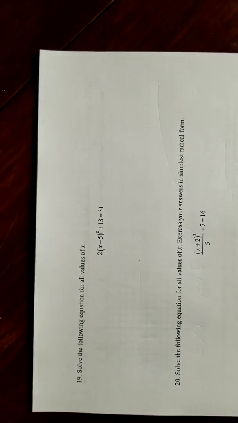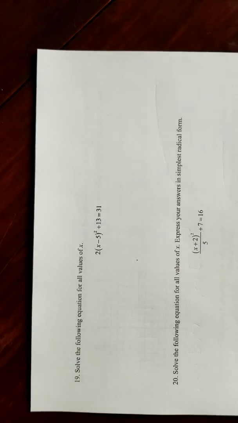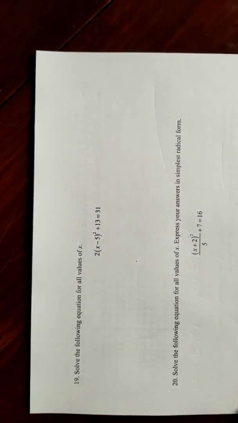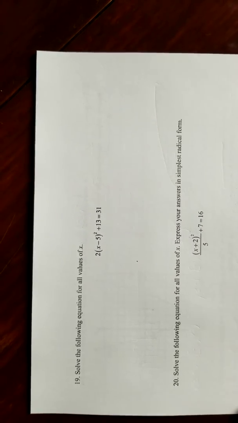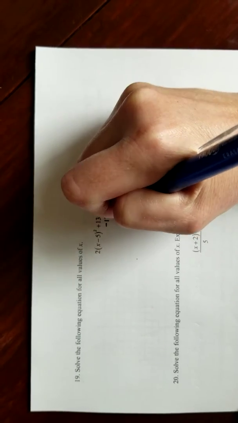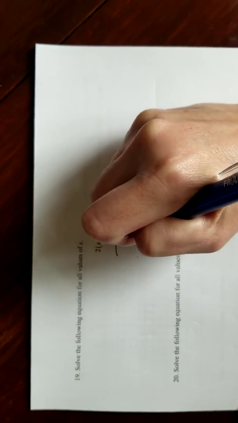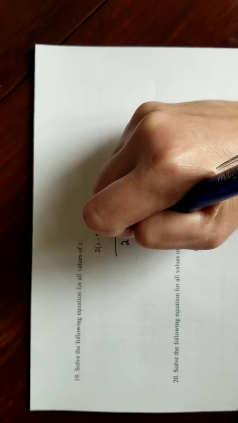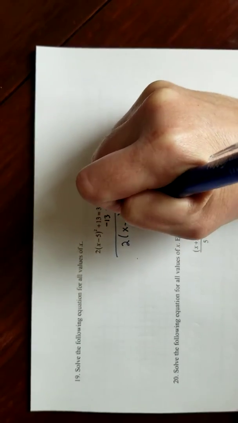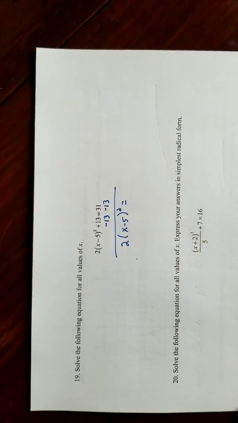Solve the following equation for the values of x. Well, let's see what we've got here. So we want to basically undo all of our order of operations. We can subtract 13 from both sides. That gives me 2 times (x minus 5) squared, 31 take away 13,